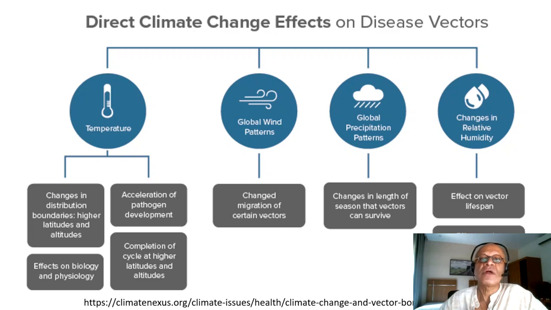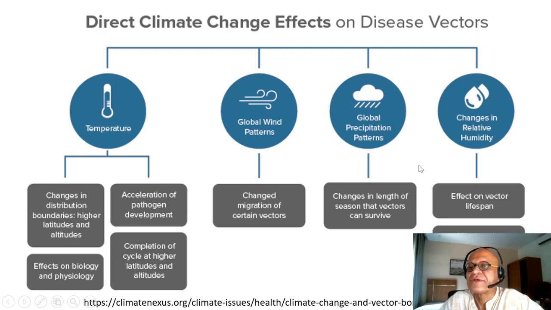For example, during a drought, when water bodies shrink, more birds can congregate to the remaining water bodies and get exposed to certain pathogens, and then humans can become susceptible because the mosquitoes can bite the birds and bite humans and spread the diseases. This also happens in places where people use rivers for washing clothes and so on, or bathing, and during the droughts they can get shrunk and contacts can go up. So complicated